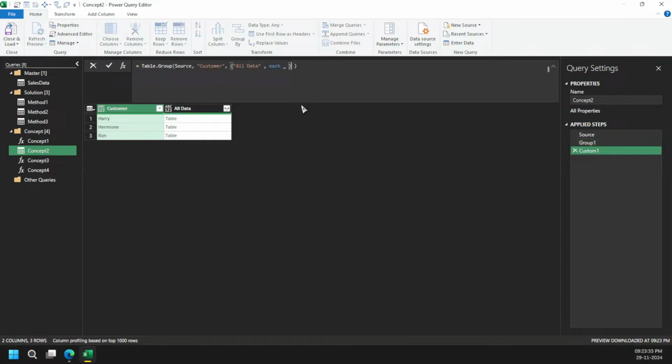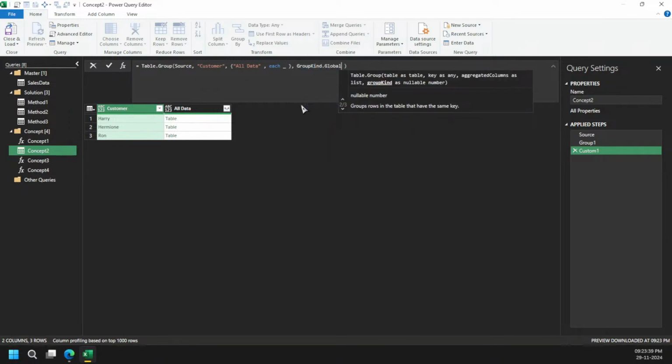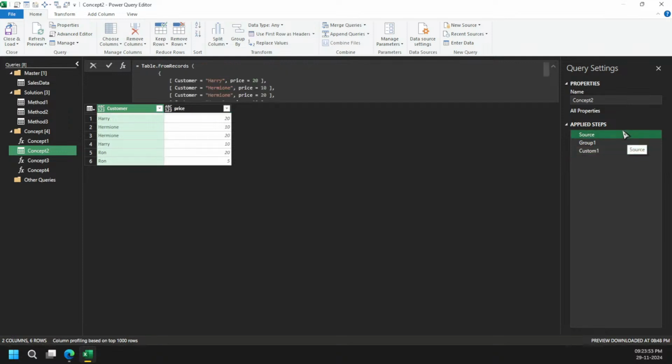What this function is doing is going for the global version. So GroupKind.Global. You'll see my results haven't changed. If I use Local here, you can see it has grouped the data differently.